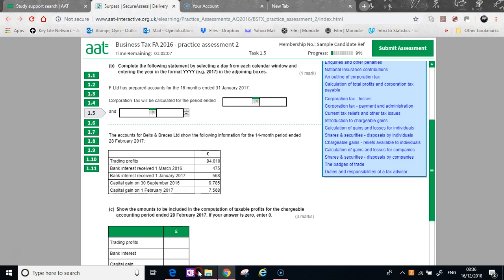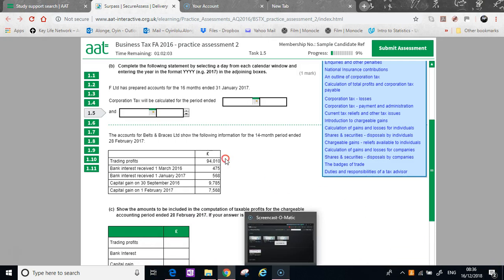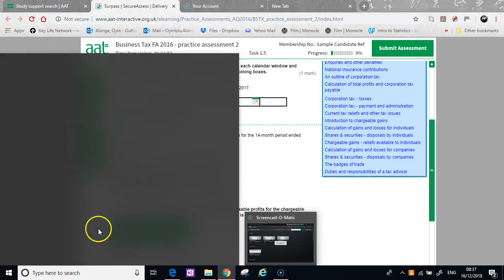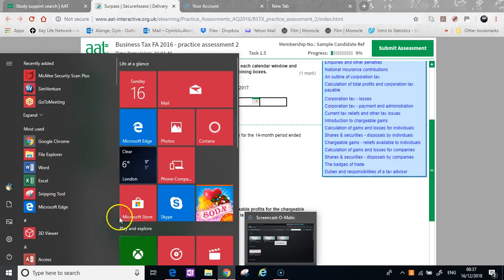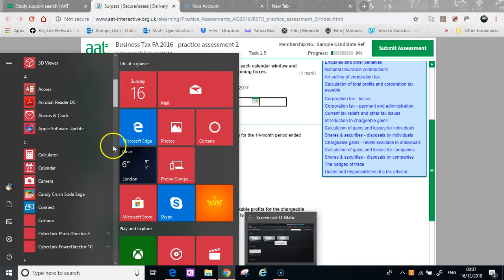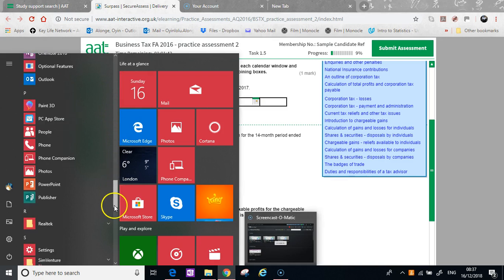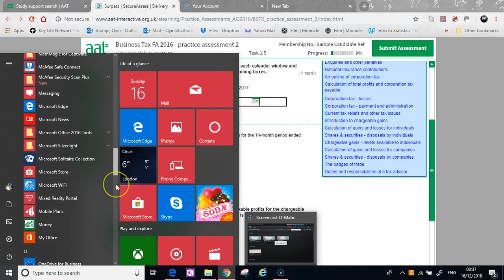So, just trying to get back a slide to write on, which might take forever now. We have 2 accounting periods, and they're interested in the 2-month period, right? That's what they're interested in. Sorry, I'm just trying to find my PowerPoint slide to load up. What we're interested in is the 2-month period, because that's what the question